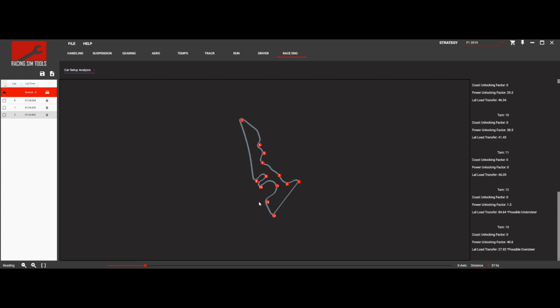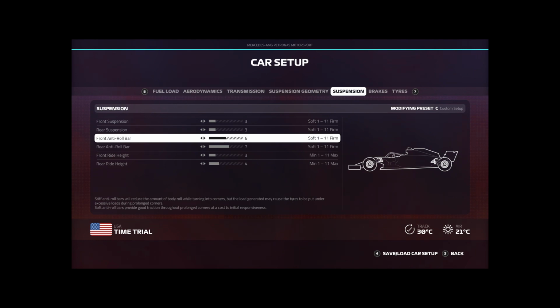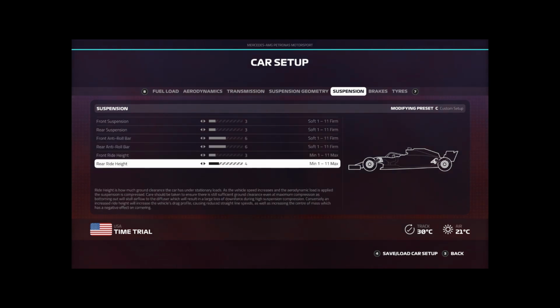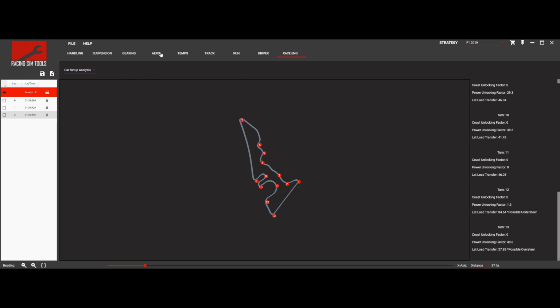I'm going to normalize now 6 and 7. That's inducing oversteer because the front roll bar is softer than the rear. I'm going to normalize them both to 6 at the moment, see how we get on, and then we're going to quickly look at the ride height. So if we go into aero,